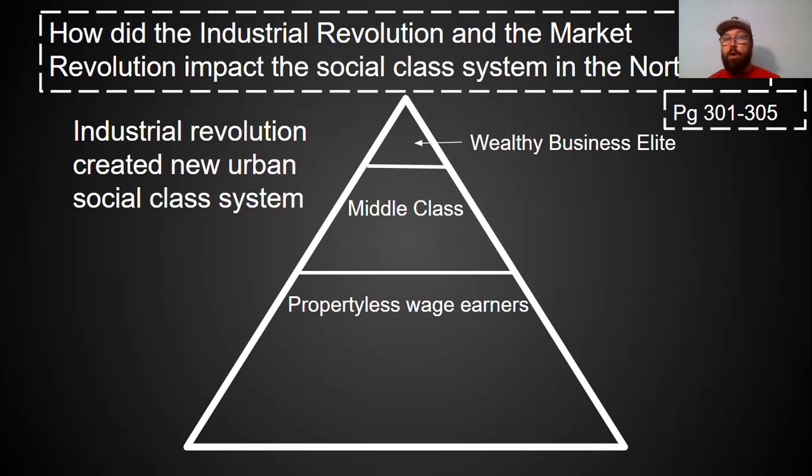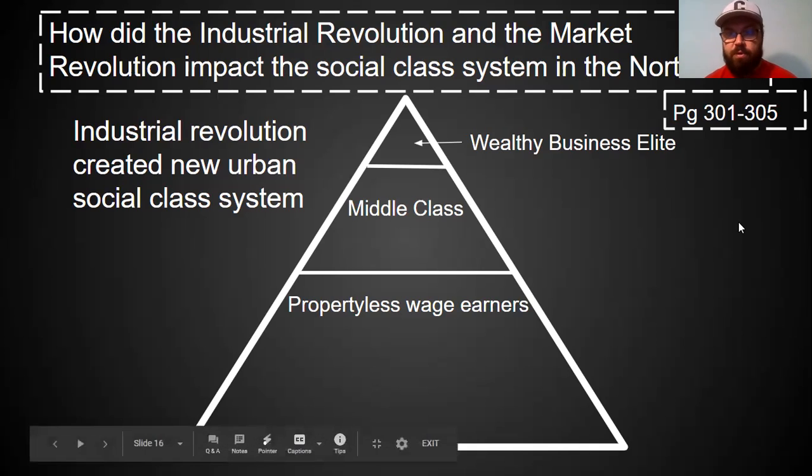Propertyless wage earners. So again, if you want to compare it to the South, the wealthy business elite and the planter class are very comparable. In the South, most white people don't own any land, don't own any slaves, and work for the wealthy white people. In the North, most white people are getting to a point where they don't own any land, they don't own a factory, and they work for wealthy white people. They live in cities rather than in rural areas, and they do jobs like factory work and other things like that. So it's different, but it's very similar in their class and society. So this is emerging as a very strict class structure that we see here, as a result of industrialization.